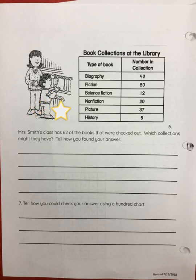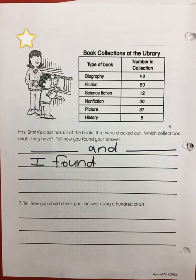So the answer is going to be 62. Which 2 types of books could they have found if their answer is 62? Tell how you found your answer. Use a sentence. That sentence can start with, so this type of book and this type of book I found my answer by, and you need to tell me how you found your answer. Pause, try some, and then move on to number 7, which says,